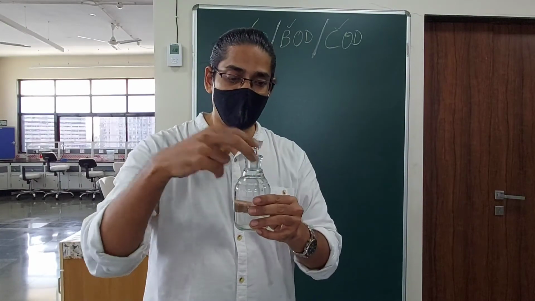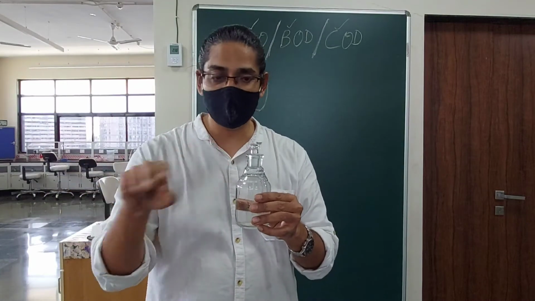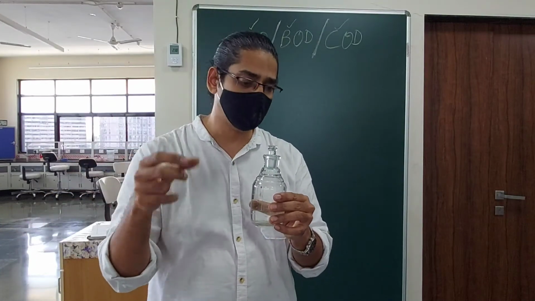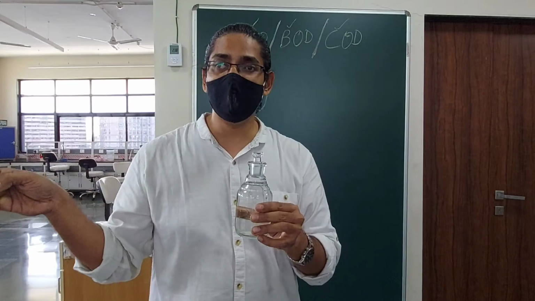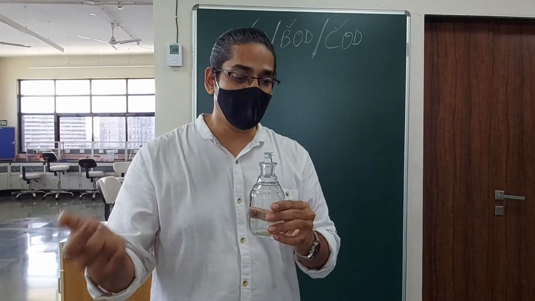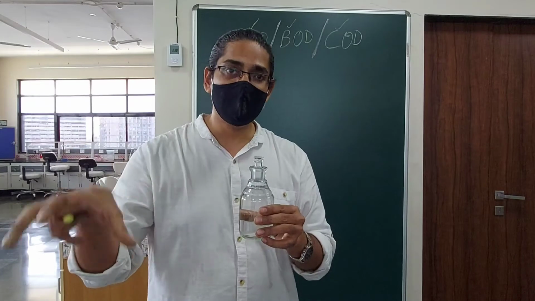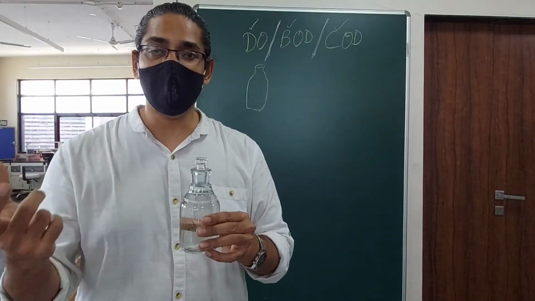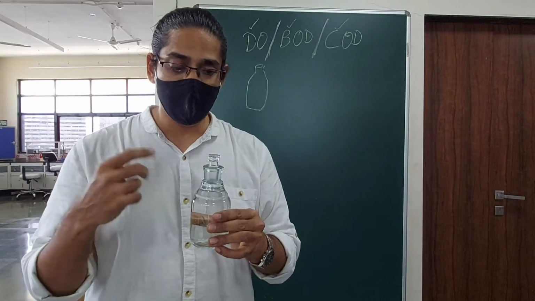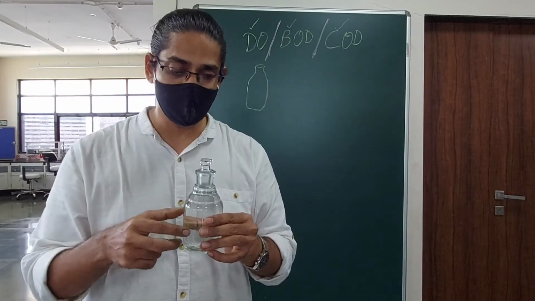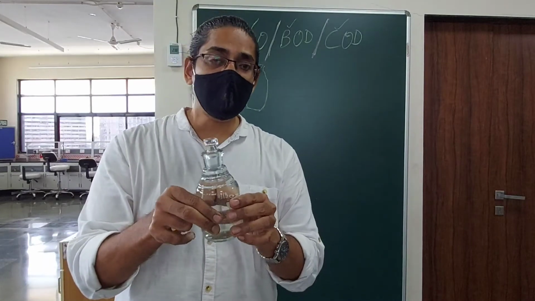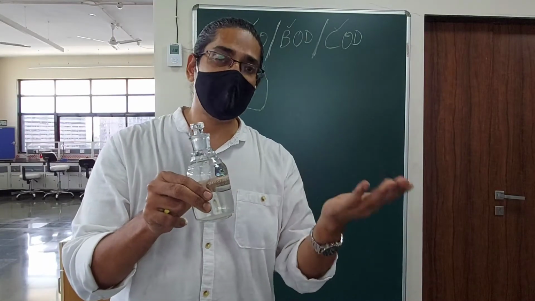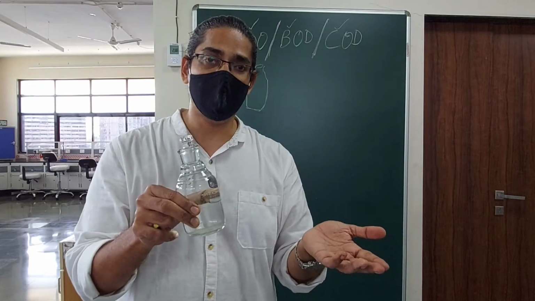Okay, so we have to prepare identical bottles. You take the same water sample, the same volume of water sample, and add all the different ingredients. There are plenty of them to be added. We will see them one by one when we go to the procedure, and of course all of those chemicals are written in the handouts which are available in the link provided in the video below, right? You can download those handouts to familiarize yourself with all the chemicals and the procedure. All right, so then we incubate at 27 degrees. That's the globally accepted protocol for 5 days, right?